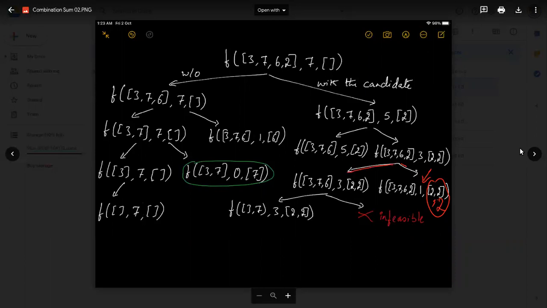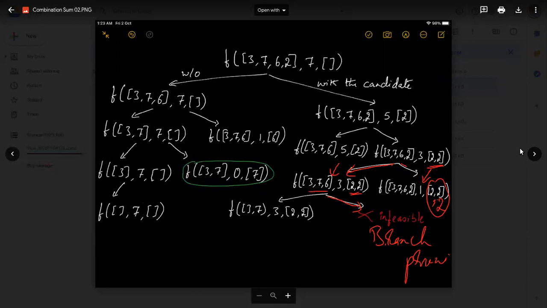But if you skip that now, after adding 2 2s here, I have this one. Now I'm excluding 2. I have 3, 7, 6 and then 2, 2 here. And again, if I try to go on the right side to include 6, it is not possible, because the capacity or the target is only 3, which is less than what this element is. So that's why this is infeasible. So this is also a leaf which is going to lead to infeasible solutions. So I'm going to exclude them. In backtracking, such a thing is called branch pruning.